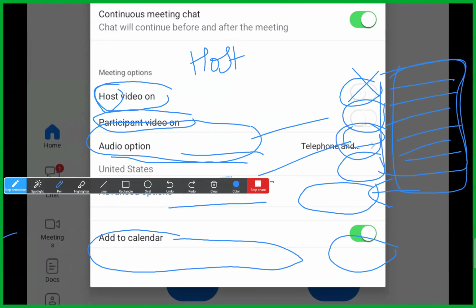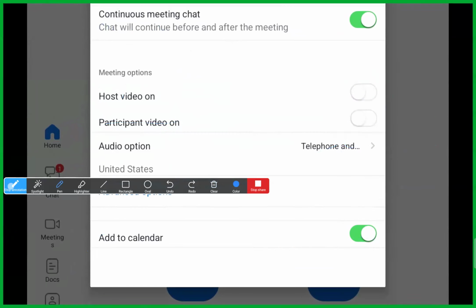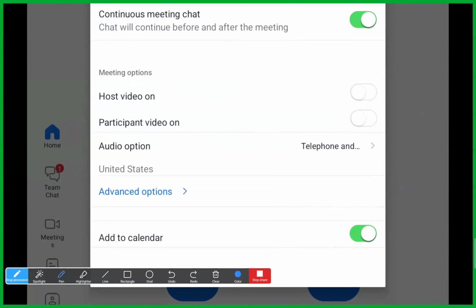Make sure that if participants are entering the class, your video is not automatically switching on. You just have to disable these two things, so that your participants will actually be happy to get into your session. Otherwise they won't get into the session next time, because you're opening their video without their consent. Once they enter the meet, the video will automatically be opened up. So you have to switch these off. Even for the host video on, you have to switch it off.